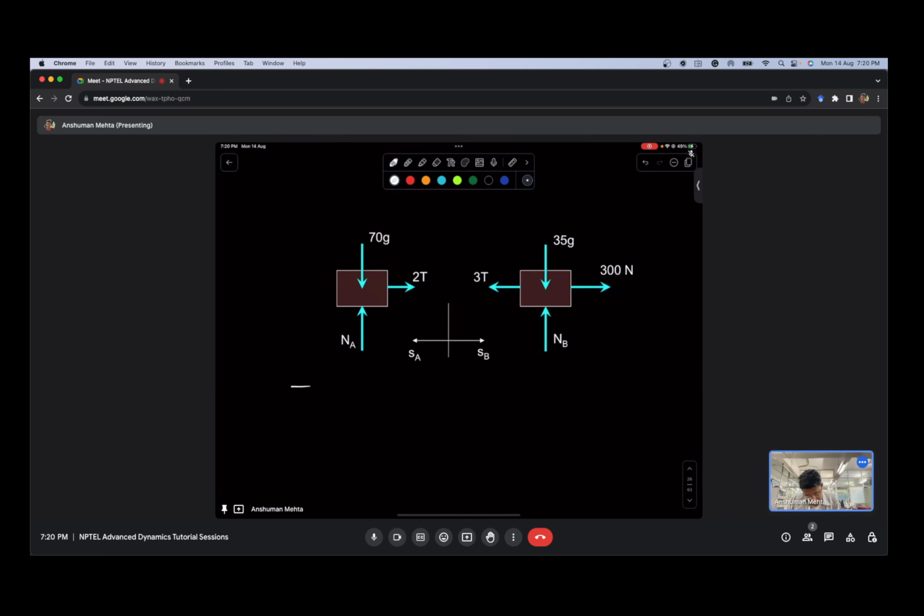Now taking force in the horizontal direction,